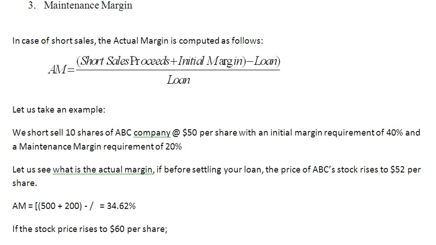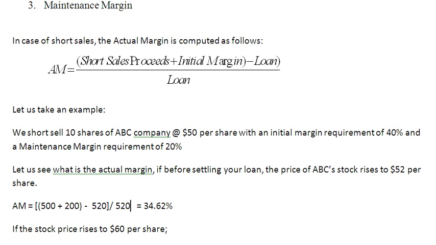Now please remember, the loan is in shares, not in dollars. We had borrowed 10 shares from our broker to short sell, and now the value of these 10 shares at the going price of $52 per share is $520. So we write 520, and then we divide this entire thing by 520, and that gives us the actual margin of